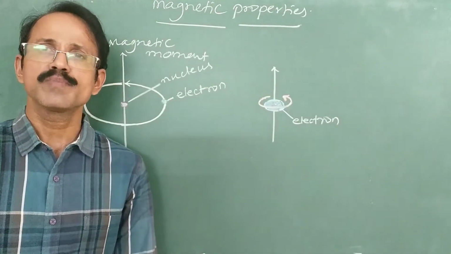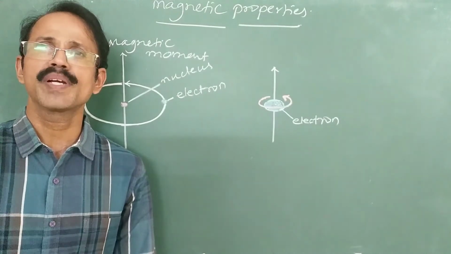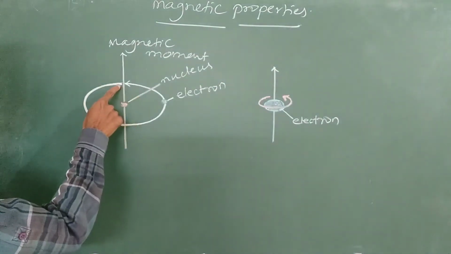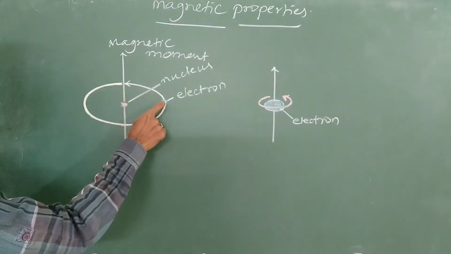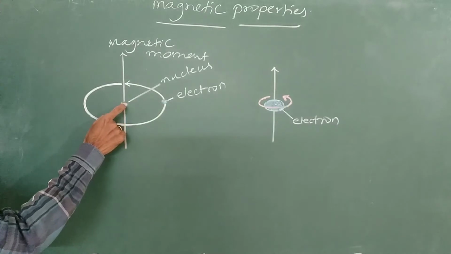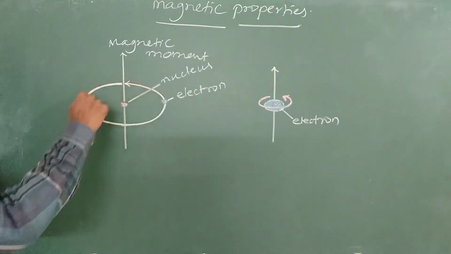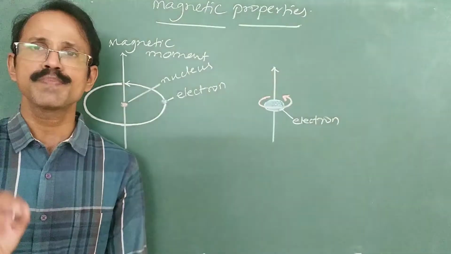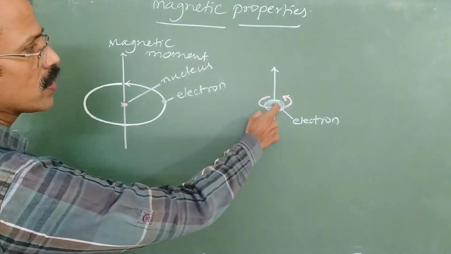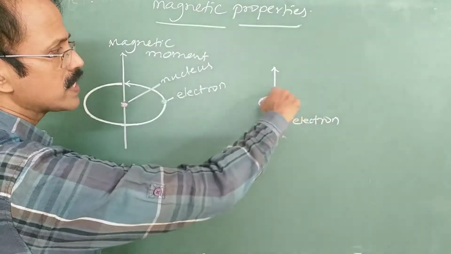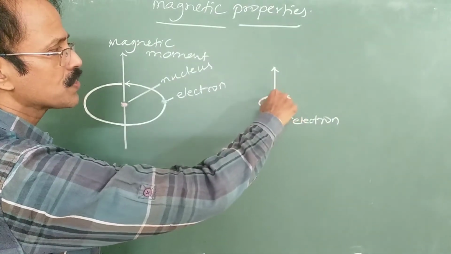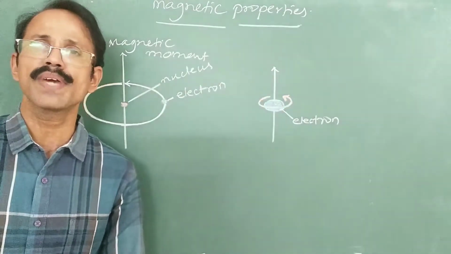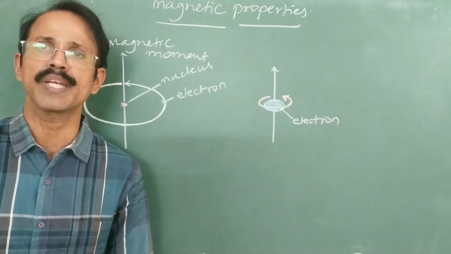So there are two types of motions. One is the orbital motion, the other one is spin motion. Okay. So the first one is orbital motion. Here is the electron which is revolving around the nucleus. This is the nucleus and electron is revolving like this, and this is known as orbital motion. And the second type is spin motion. Here is the electron which is revolving around itself, right? So it may be in clockwise direction or anti-clockwise direction, right? So this self rotation of electron around its own axis is known as spin, right?